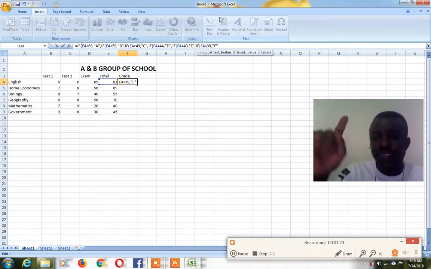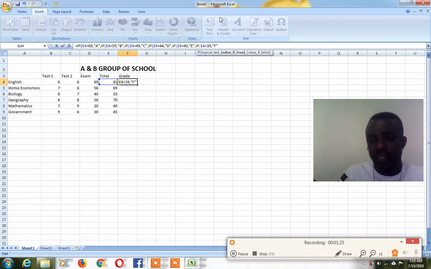You must use a 6 bracket to close it. How do I do that? I do it like this. Then I use 6 to close it like this: 1, 2, 3, 4, 5, 6. You must make sure that it completes 6. Now let's go and check our result to see if our programming is correct.